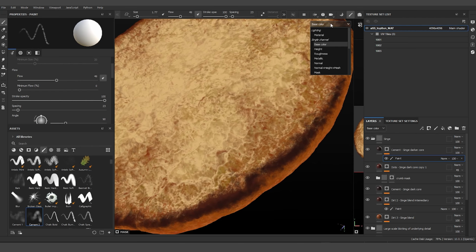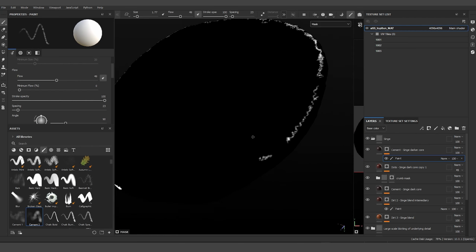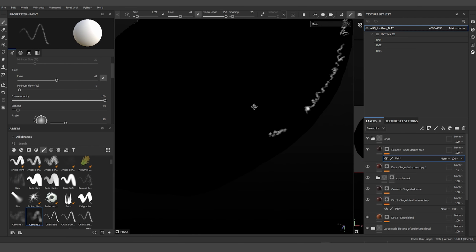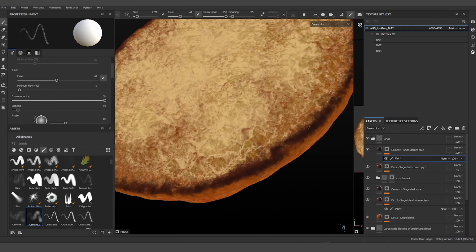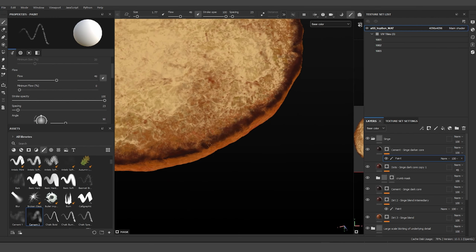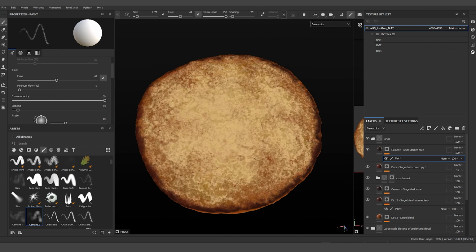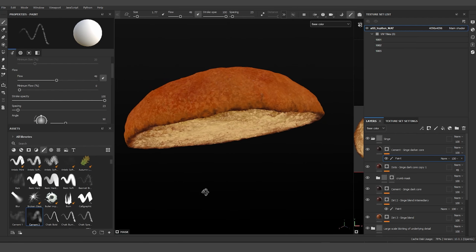Okay, let me check the mask to make sure I've gone all the way around. Okay, I have more to go. I'm going to go back to base color. All right, so